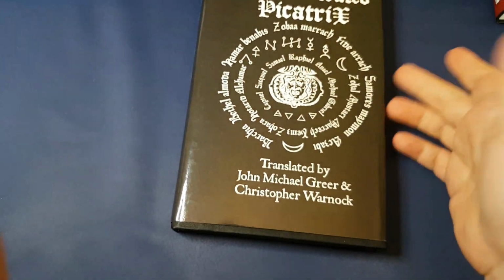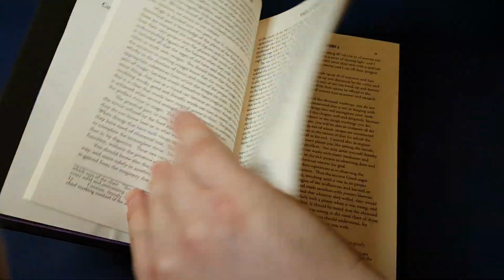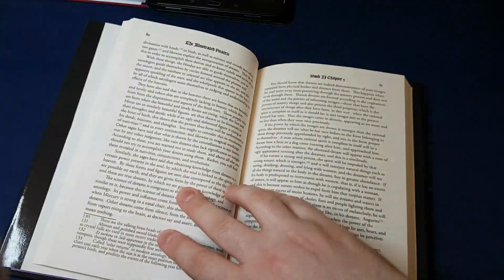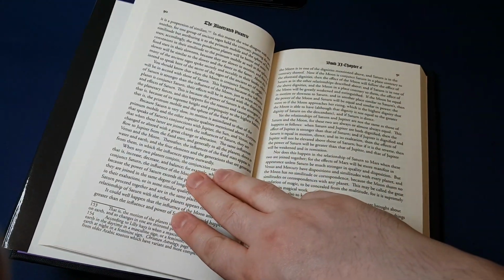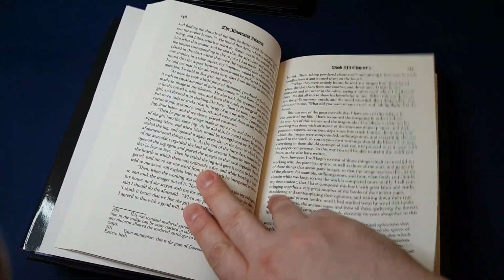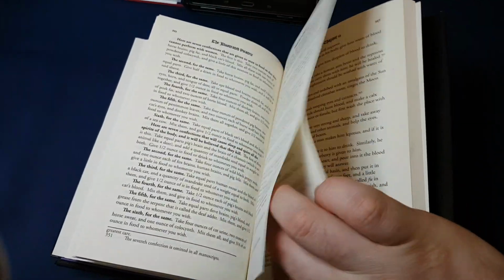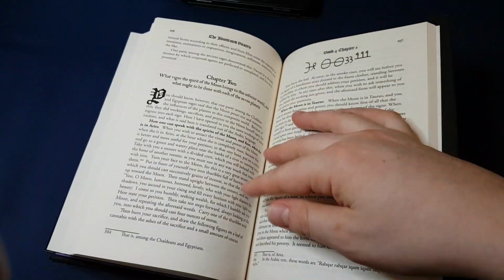Moving on to number 6. The Picatrix, this being the illustrated edition. It's kind of my favorite, although, as you know, I had to rebind this. It's astrological magic, and it's presented in 4 books, I believe it is. And it's full of good sigils and good workings,